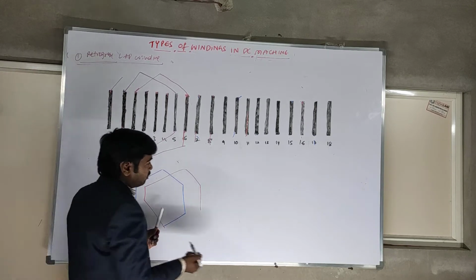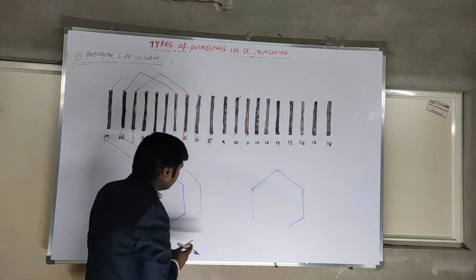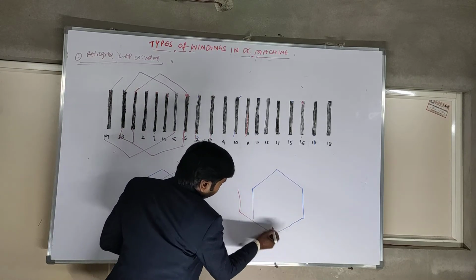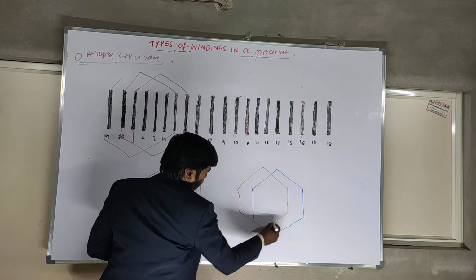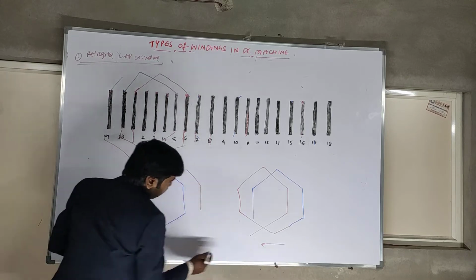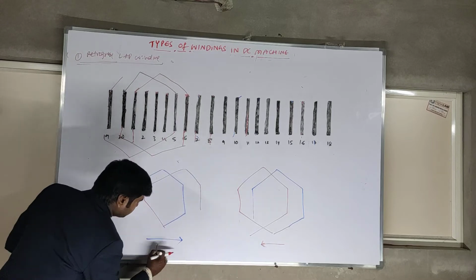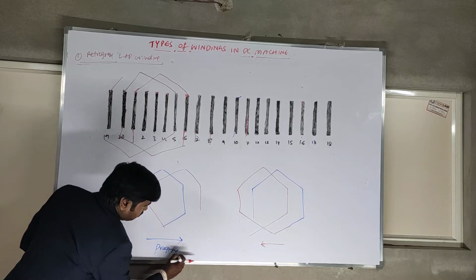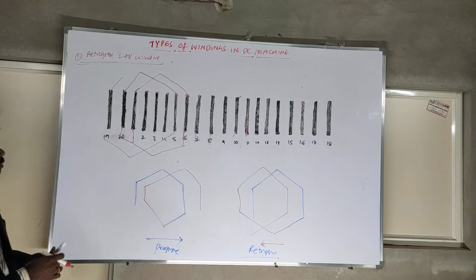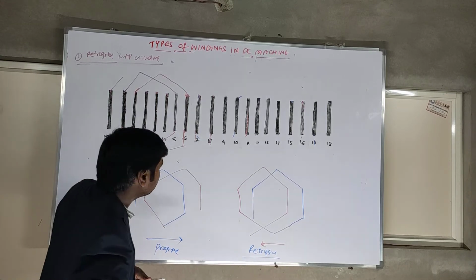Let us see an example here. Previously, the conductor should be like this. The second coil should not go forward. It should go backward. It should come like this, in the backward direction. The other one should be in the forward direction. It is progressive and retrogressive. This is the difference between progressive lap and retrogressive lap winding. I think it is very clear. Let's go to the case of wave windings.